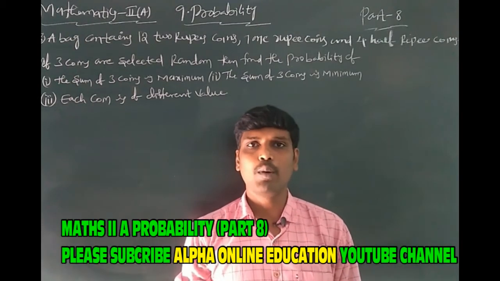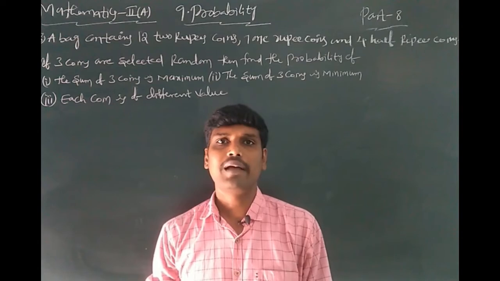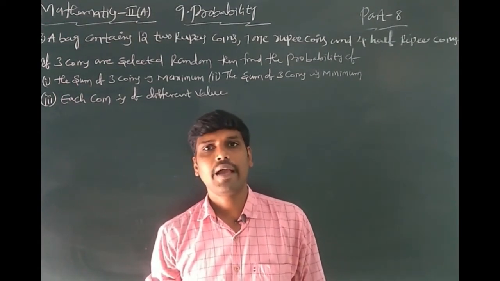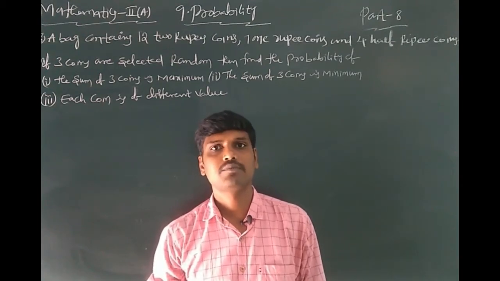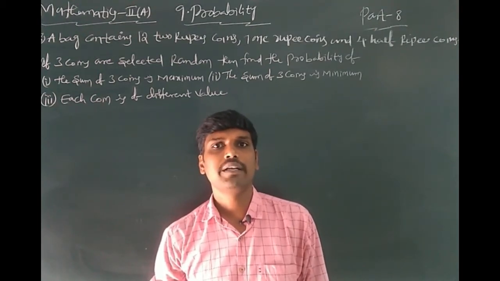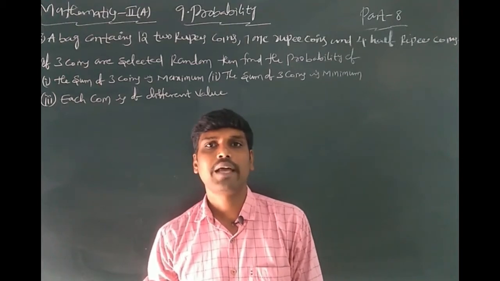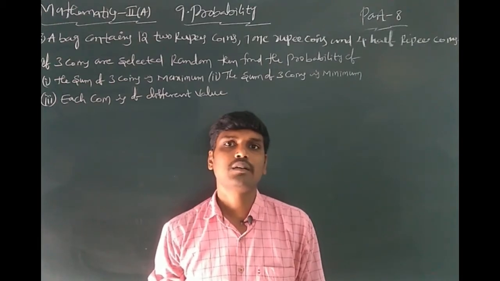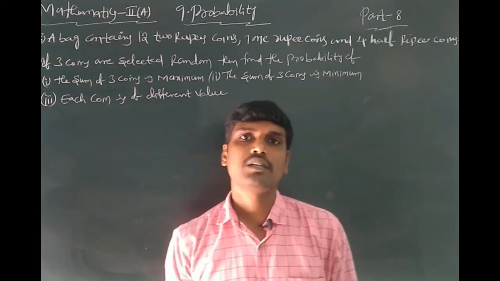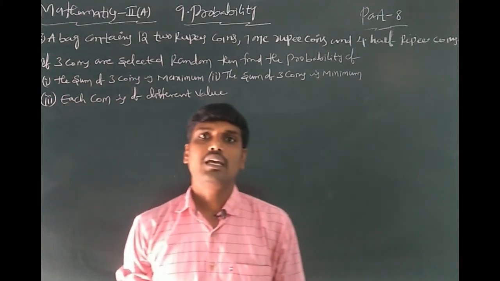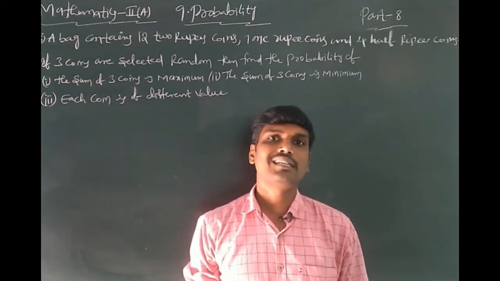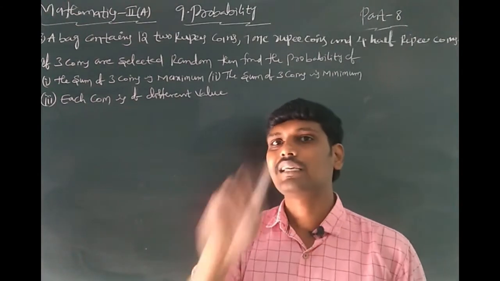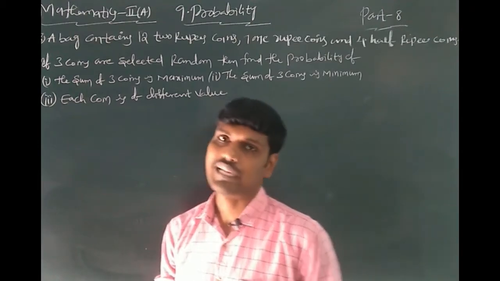Ninth chapter, probability. This chapter belongs to Mathematics 2A, part 8. Last part, we completed the 4 mark problems. Today's class will also complete this problem, which sometimes comes for 7 marks. See students, in this chapter a total of two 4 mark questions and one 7 mark question can come. Exercise B and Exercise C are compulsory; from each exercise, 1 question comes. One exercise has 2 questions, that is 1 extra 7 mark question.